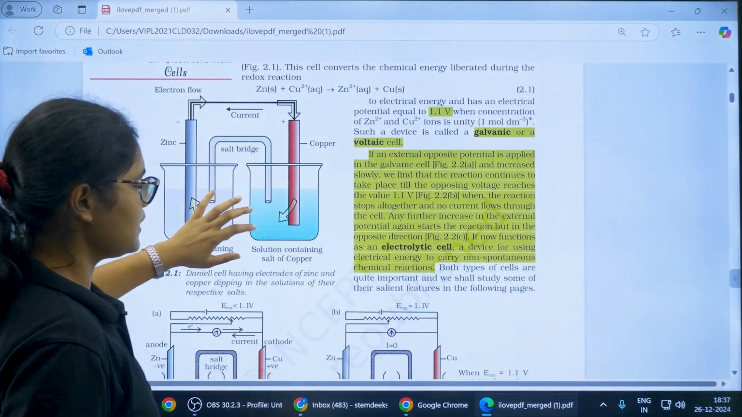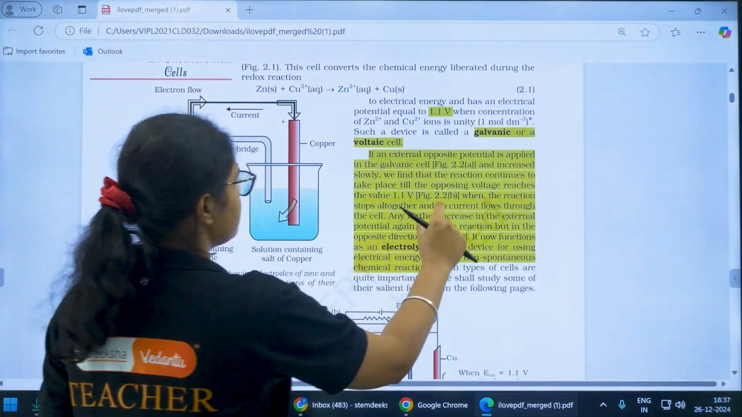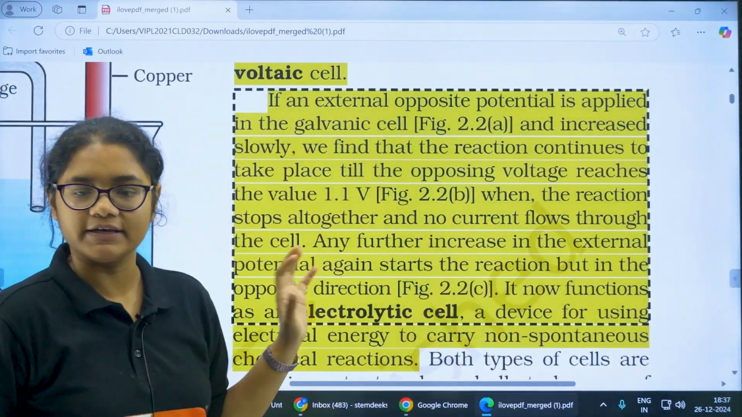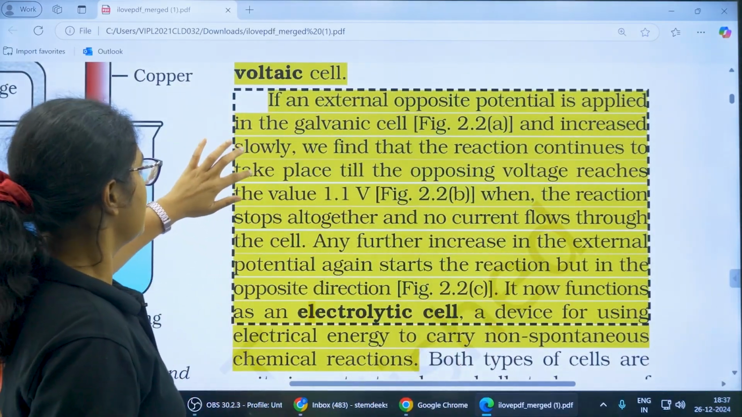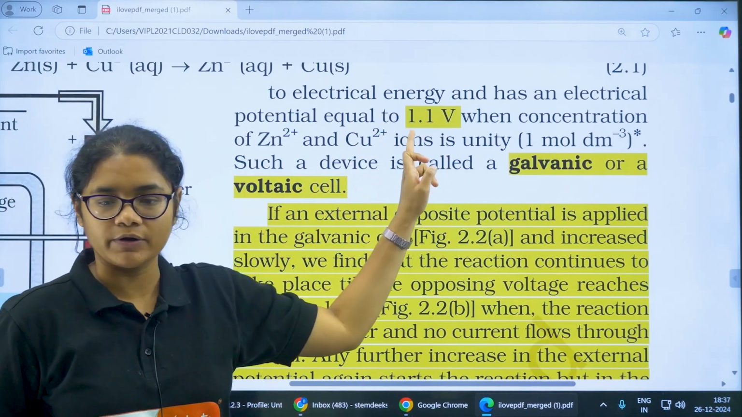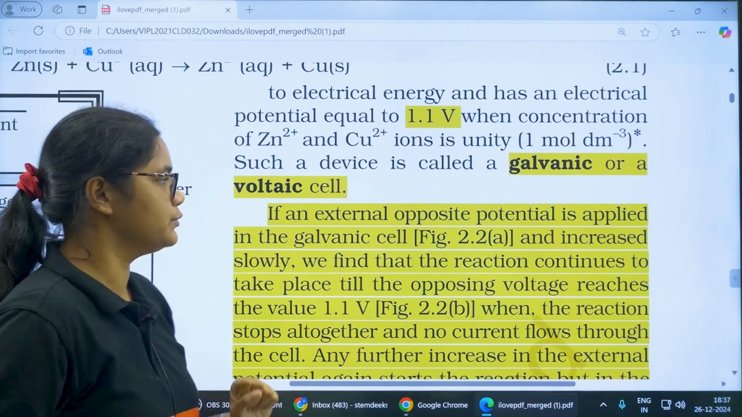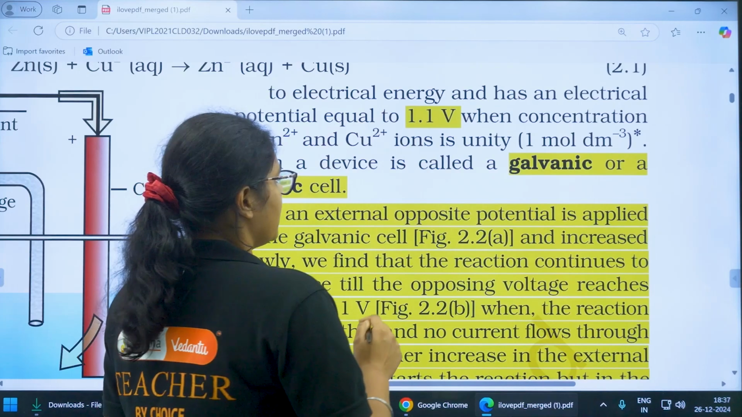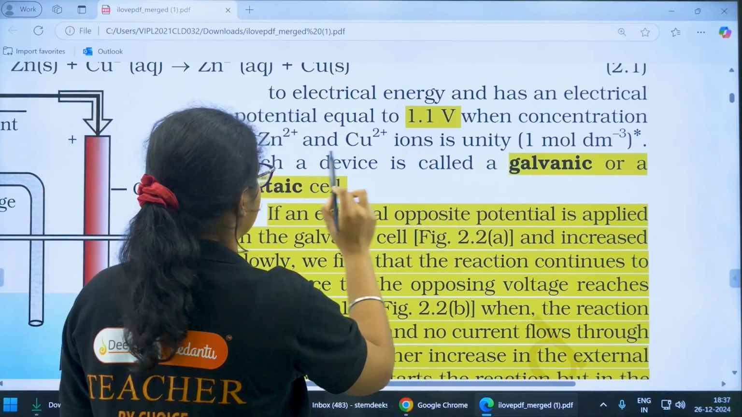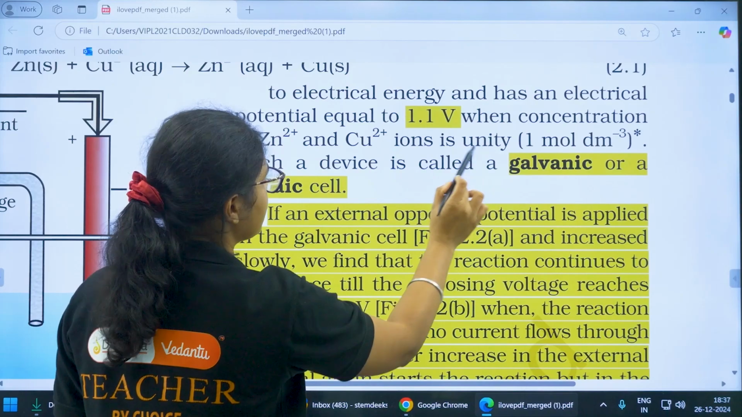Okay, now coming to this part. I will zoom here a bit. I hope it is clearly visible to all of you. So here you can see the voltage of the galvanic cell is given as 1.1 volt, so it can be asked as an MCQ. Highlight this one. Then what is a galvanic cell, that you should know, where the concentration of Zn2+ and Cu2+